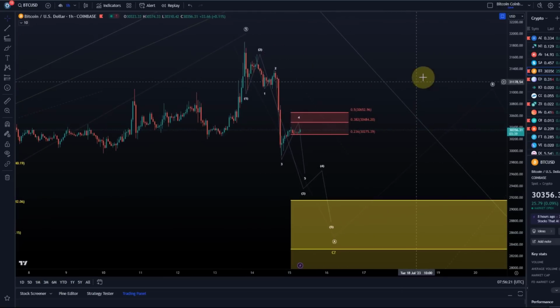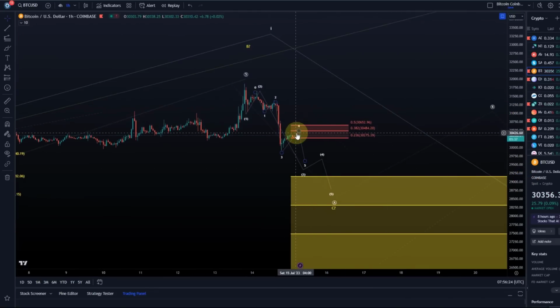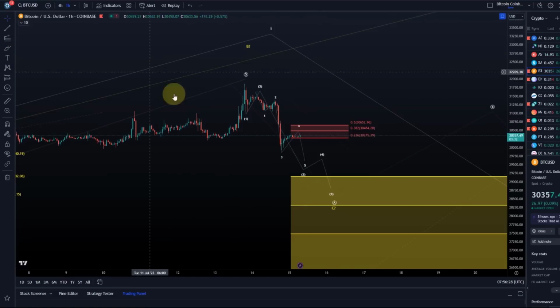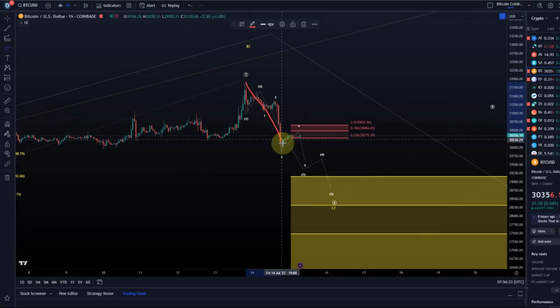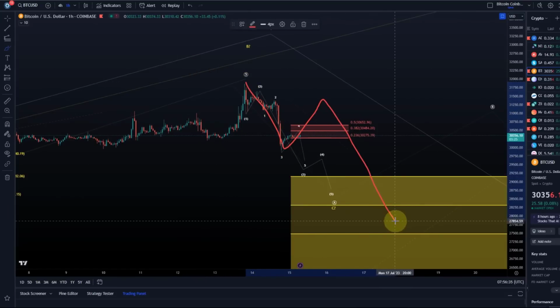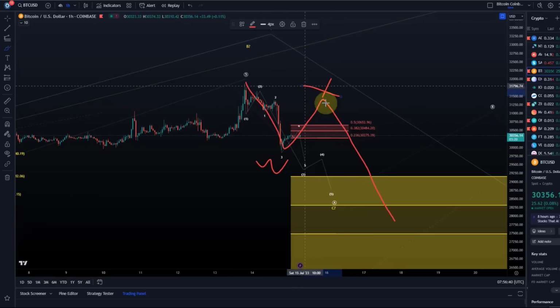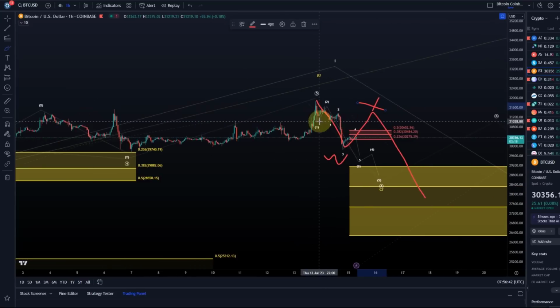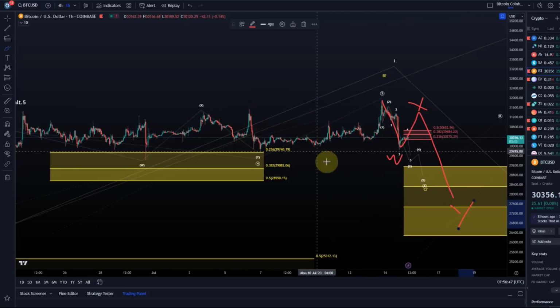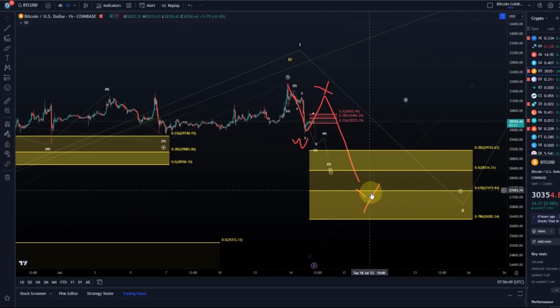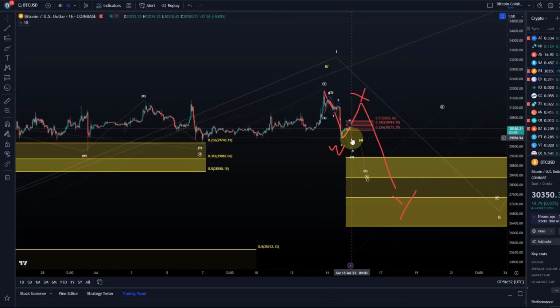Let's say, for example, it develops into something different. I don't know. It could be a WXY structure. Because we have 3 waves down, so it could be a W, then an X, and that X wave can of course go a bit higher. I wouldn't even be surprised in such a crazy situation in which we are at the moment. And then a Y. That wouldn't affect the idea that we're in a wave 2 at all, but it would just lead to some distortions on the shorter time frame.